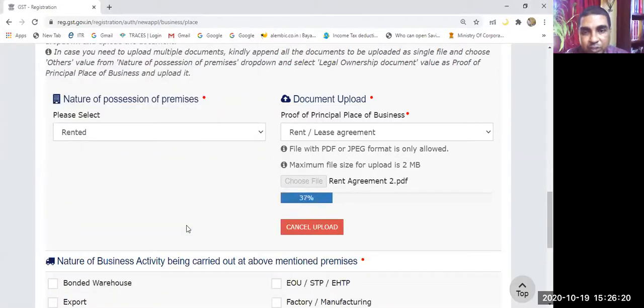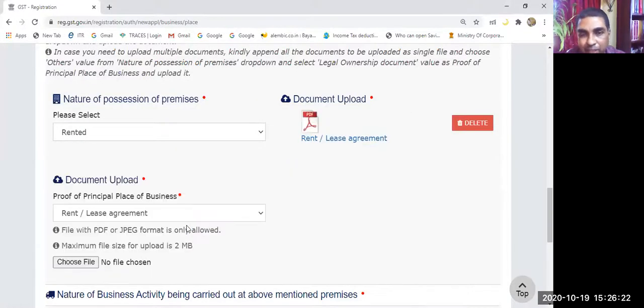Yeah, you see the rent agreement is getting uploaded. Could you see it? It is uploaded now. Did you see it? Yes or no? Please keep on responding. Yes, sir. Okay, document uploaded. So the rent agreement is shown here.